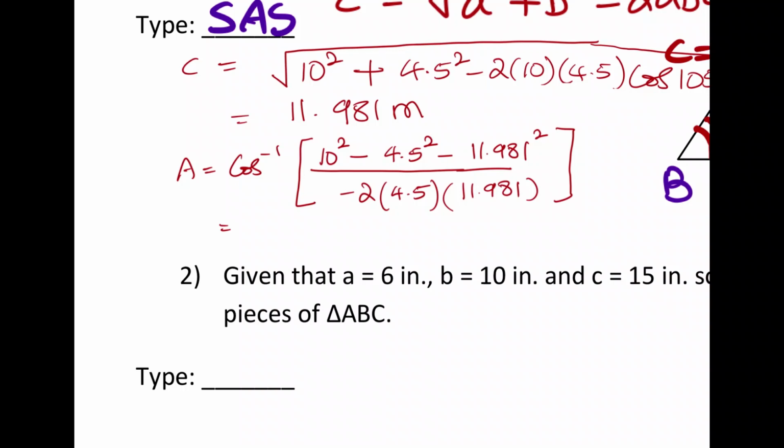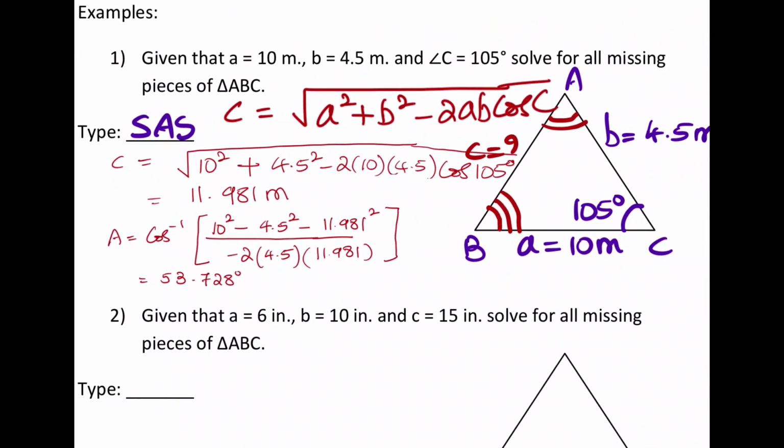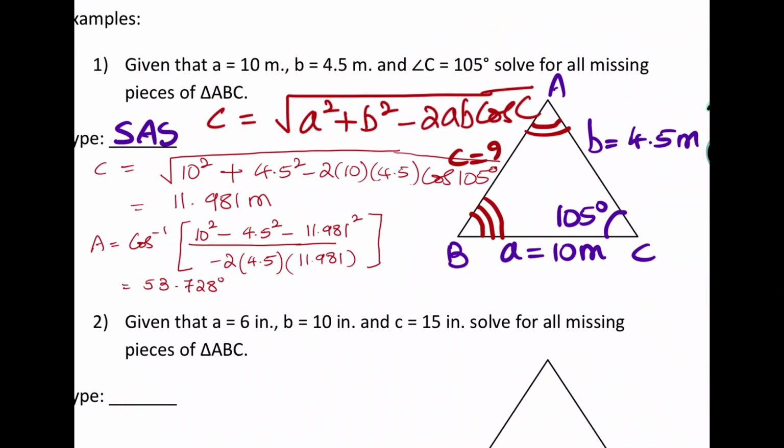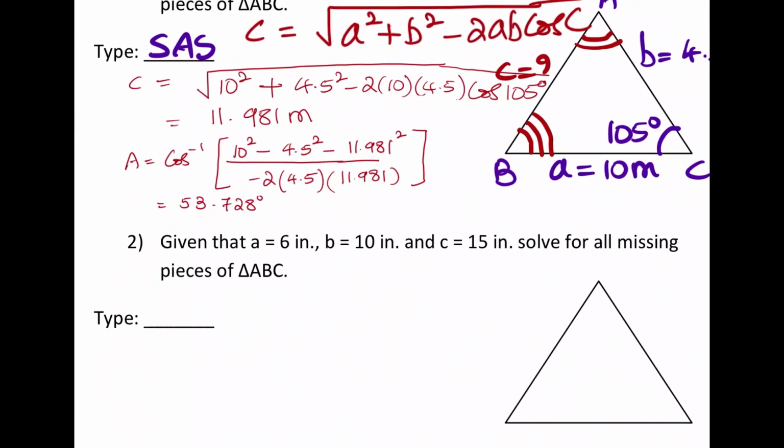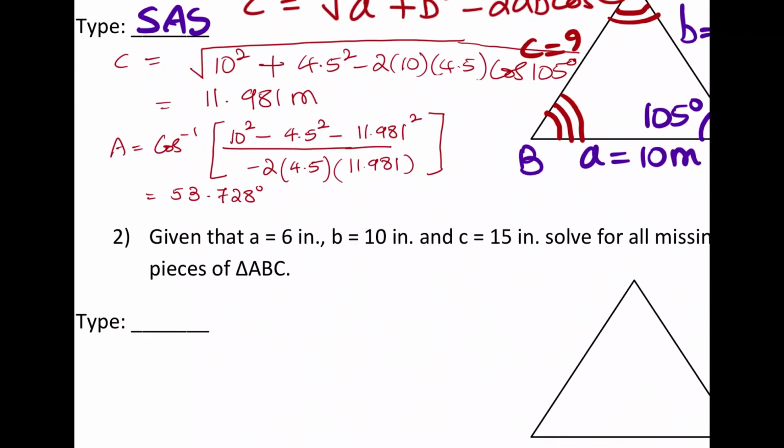Now the answer I have is 53.728 degrees. So that gives me the measure of angle A. Angle C was already given in the problem. So the only thing left is to figure out the measure of angle B. Now I'm not going to repeat this entire lengthy formula to do that, because once you know two angles in a triangle, you can easily figure out the third one. So to figure out that angle B,